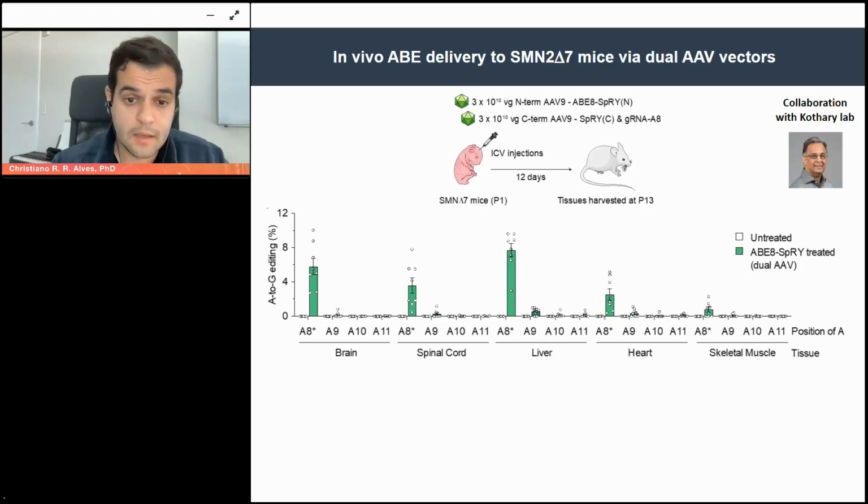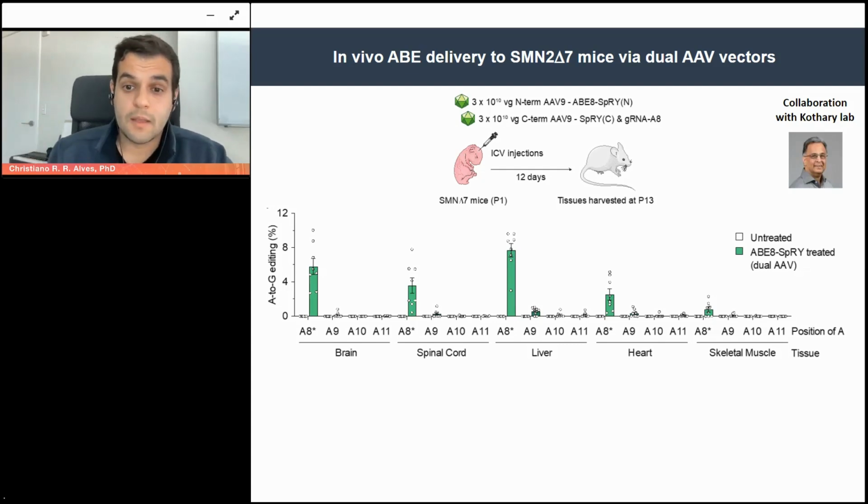You will see that we get on-target editing across different tissues. Because of the leakage, liver will always be edited. We will see this over and over in different experiments. What I would like to highlight here is that we can see some editing in both brain and spinal cord. Those are the primary tissues for this disease.